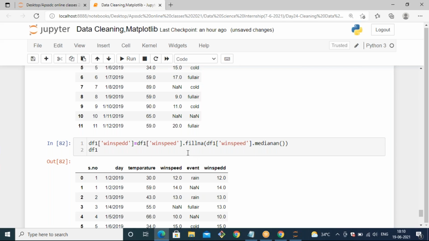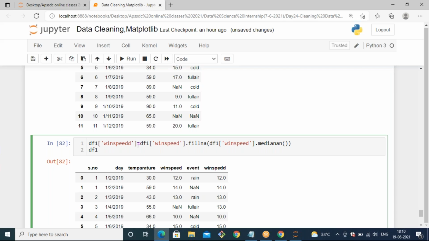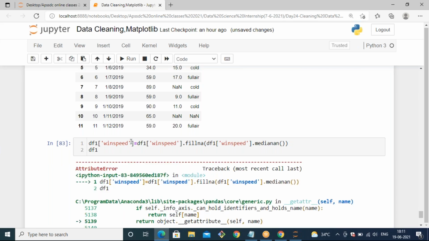So it is a spelling mistake, I think. That's why it generated a new column. Yeah, it is a spelling mistake. So it is already there. That's why try this again.